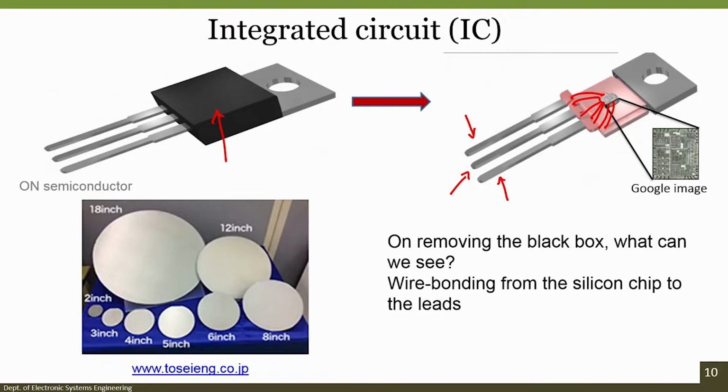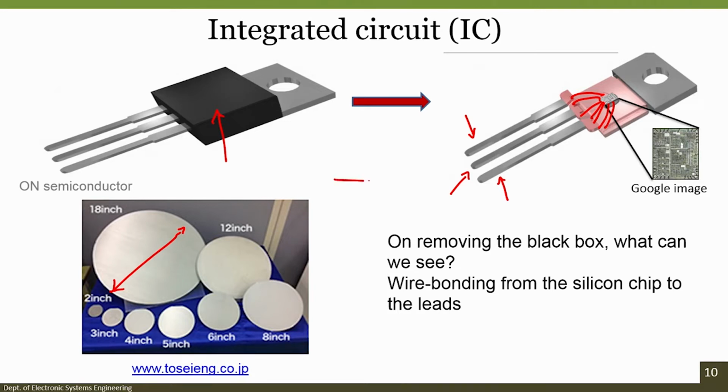So what we see further is that when you want to use silicon wafer as a substrate, it sizes from 2 inch, the dimension changes from 2 inch all the way to 18 inch. Now when I talk about 2 inch or 3 inch or 5 inch or 6 inch, 8 inch, 4 inch, 12 inch, 18 inch, what does it mean? I mean that the inch says about the diameter of the wafer. Okay, what is the diameter of the wafer? So